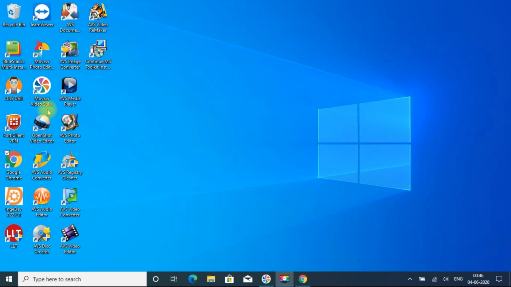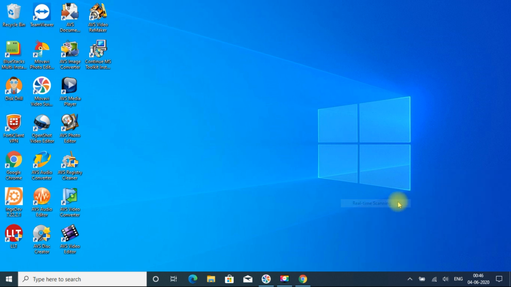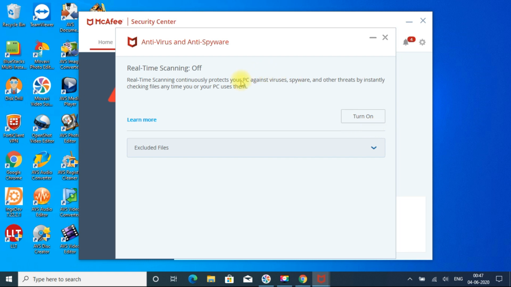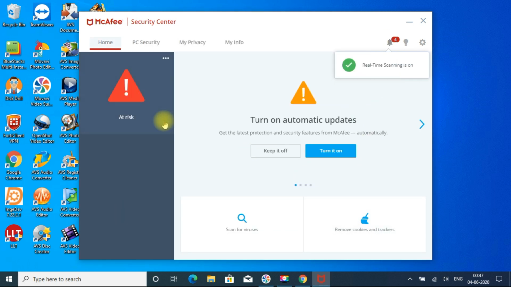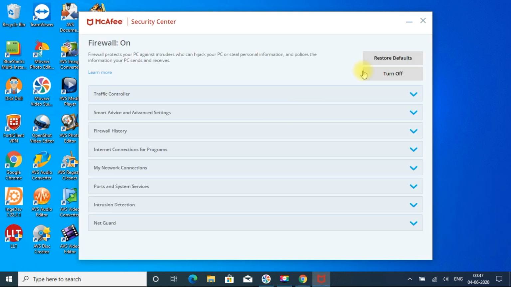Once you have used that software, you can enable all the services again. When all the things are over, you can enable all the settings to avoid the risk of viruses. Go to Real-Time Scanning, turn on, and go to Firewall.